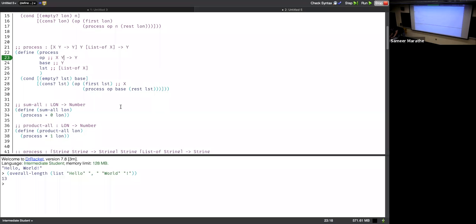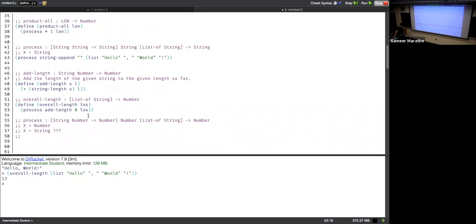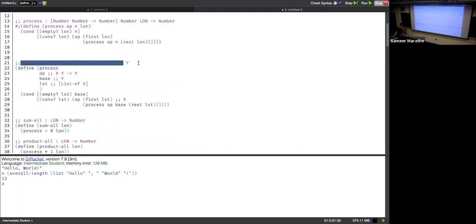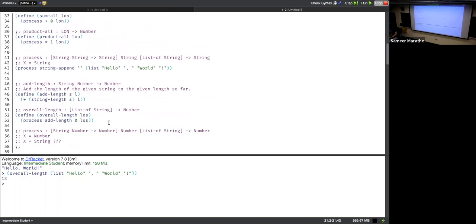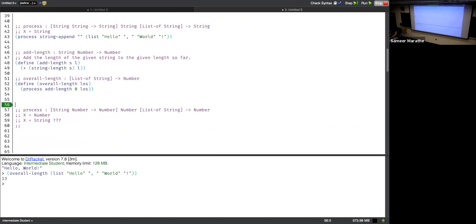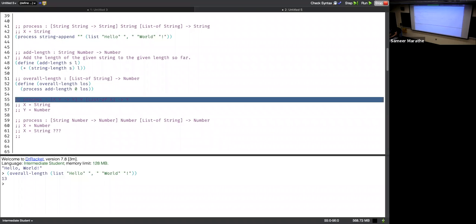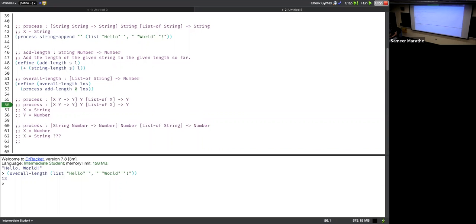As soon as we generalize that, then if I do the exercise again, since add length is string and number, that means that x must be string and y must be number. And if I try that,